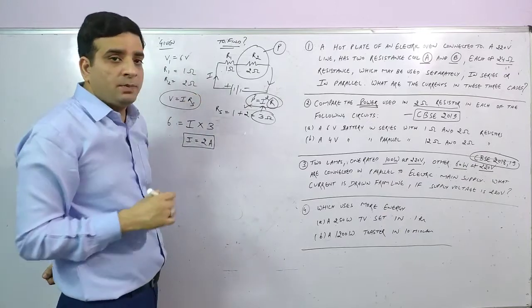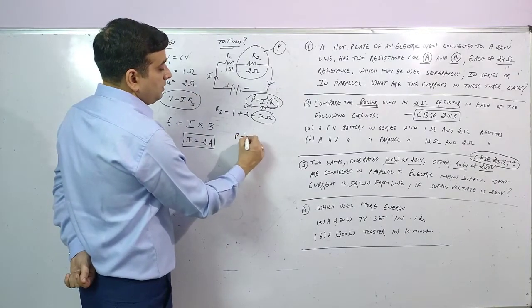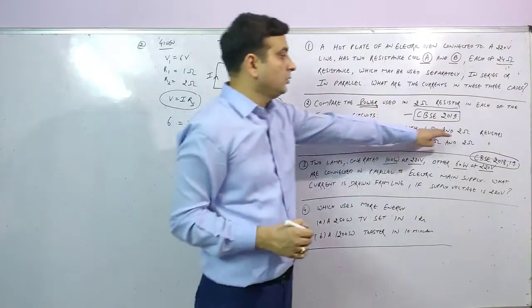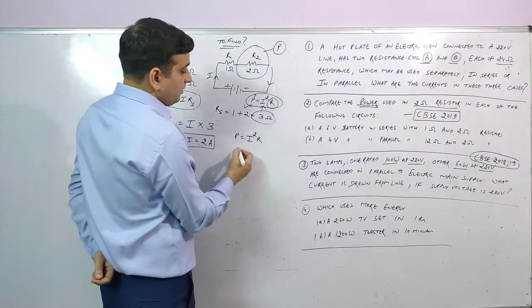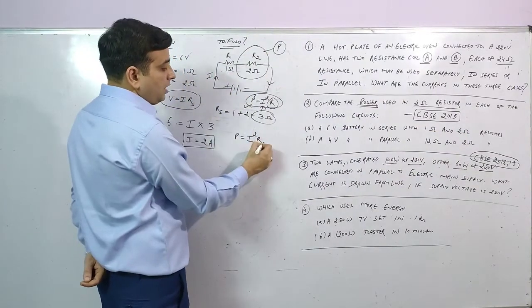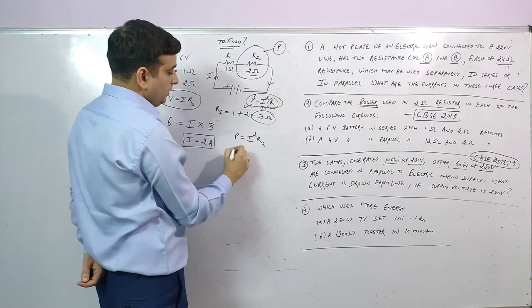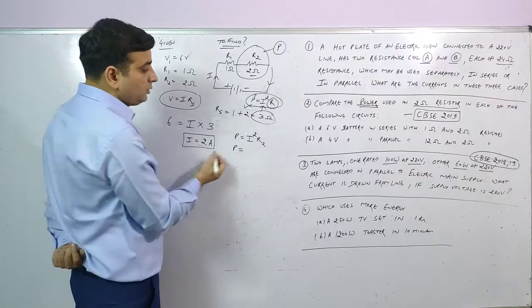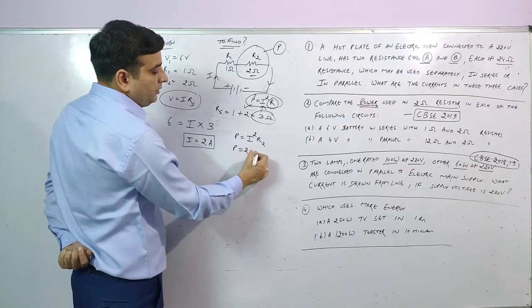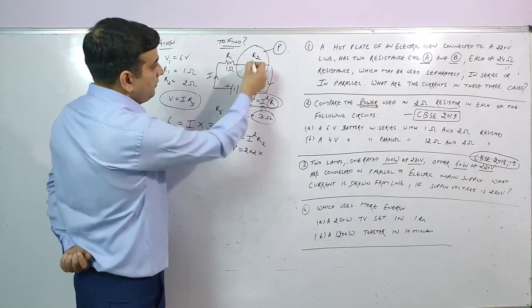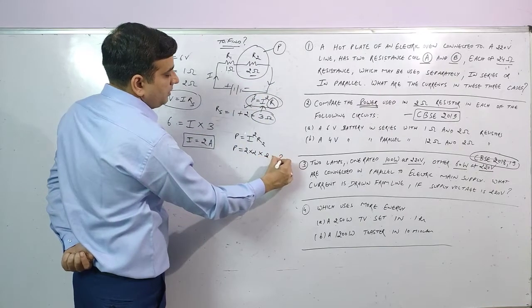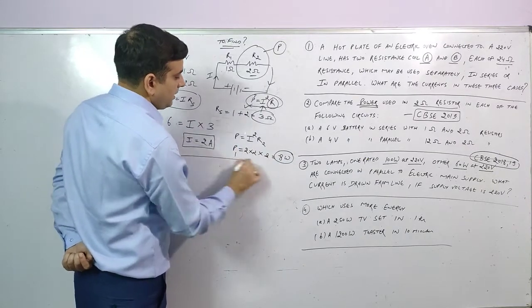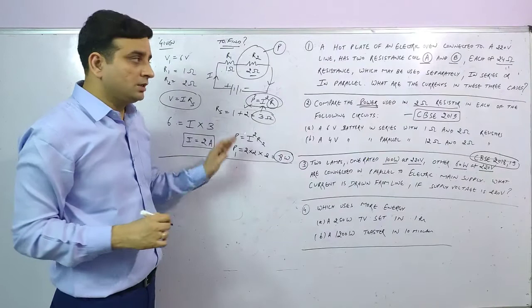But we have to compare the power. So power is equal to I square R. Now they are specifically asking for 2 ohm. So यहाँ पे हम R की जगह पे क्या रखेंगे? The second one which is R2, क्योंकि R2 ही हमारा क्या है 2 ohm. So power और current तो सेम ही रहने वाला है. What is the value of current? That we have already calculated 2. So 2 square, so 2 into 2 into what is the value of R2? 2. That will be 8 watt. So P1 is 8 watt. So I hope this is clear to everyone.